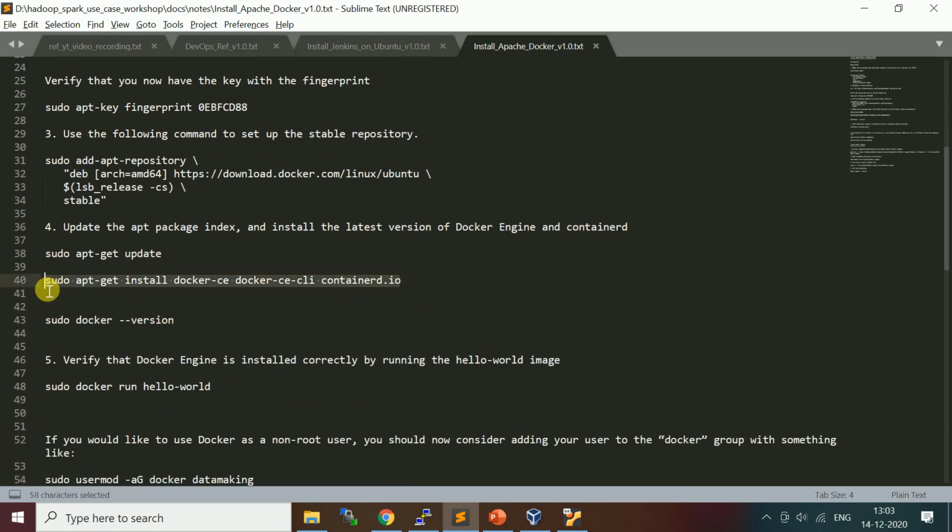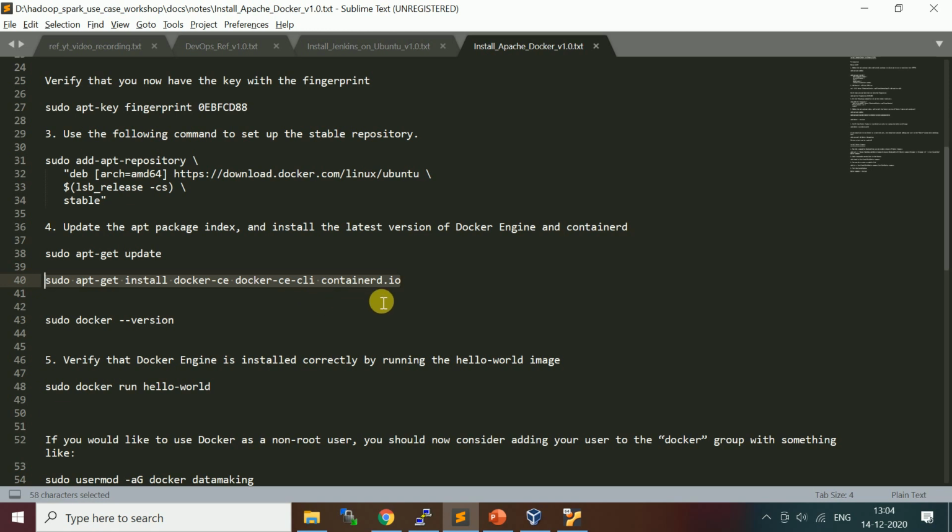Docker comes with a community edition and an enterprise edition. We are going to use the community edition, which is free, and we are going to install three packages: Docker community edition, Docker community edition CLI, and containerd.